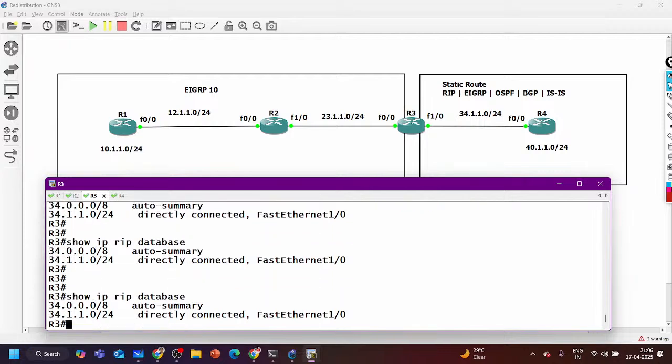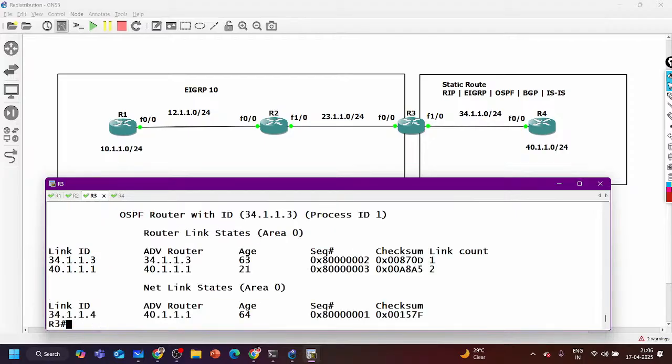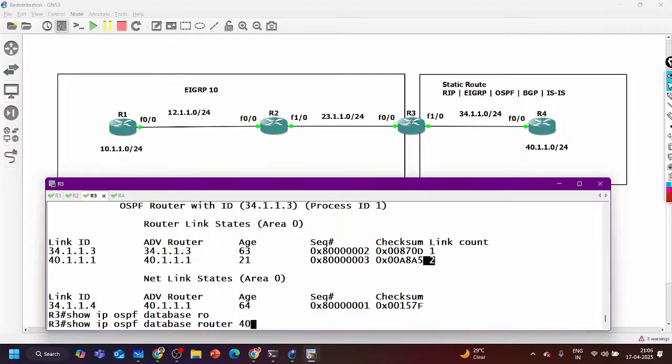You know RIP is a slow protocol. Let me show you something till then. So show ip ospf database. In the OSPF database, here is the router LSA of router 4. If you open it in detail, you can see two links are there, and router 40.1.1.1.